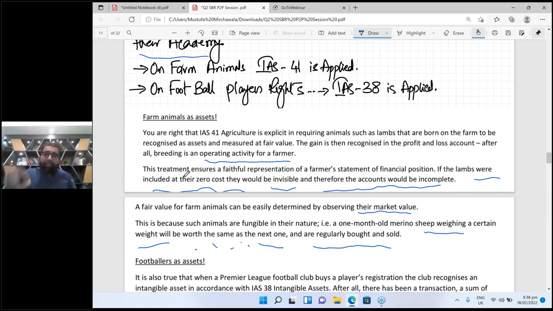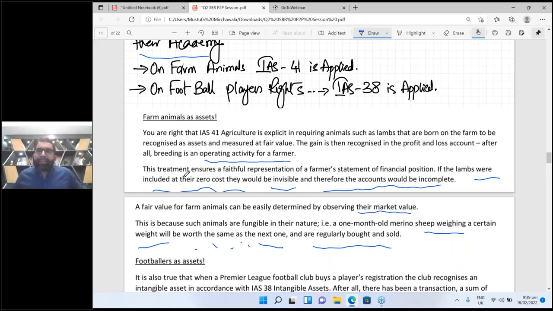So see, in IAS 41 we recognize these animals at fair value, because we need to match. The major objective is the matching principle. Okay, right? And one more thing, if you have studied IAS 38, in IAS 38 the initial recognition is also recorded at fair value less cost to sell. Initially animals are recorded at fair value less cost to sell. Okay, now